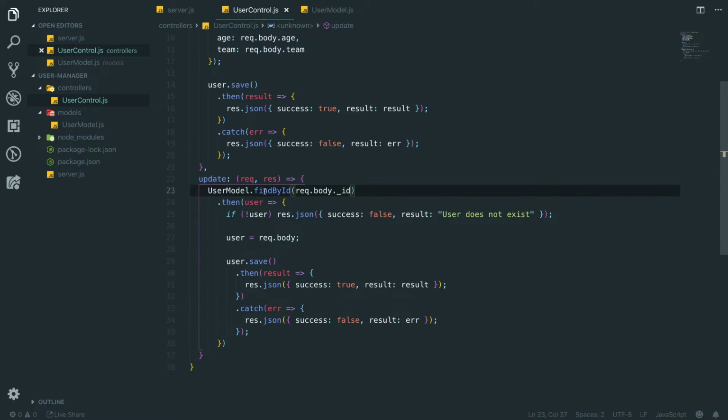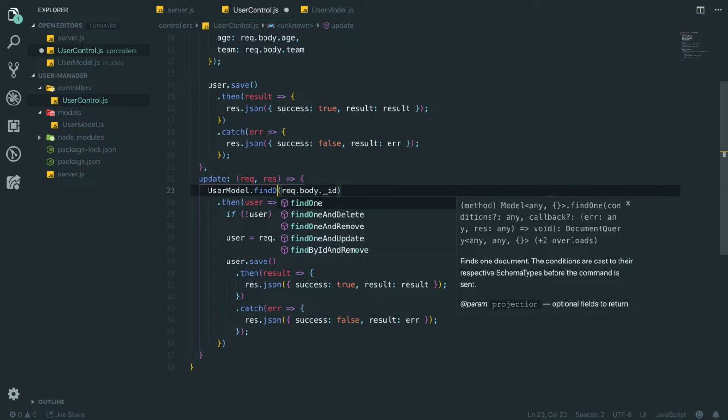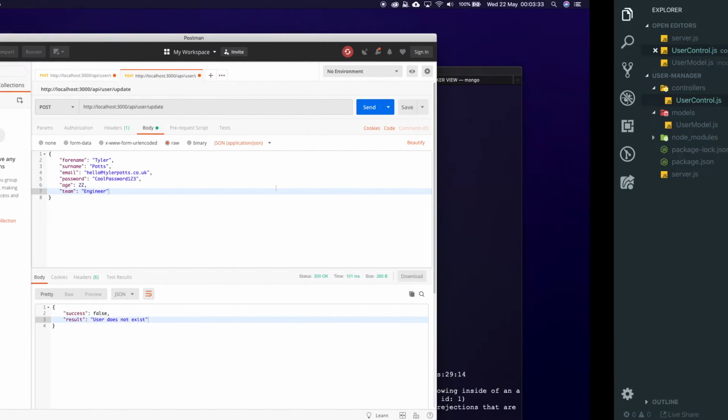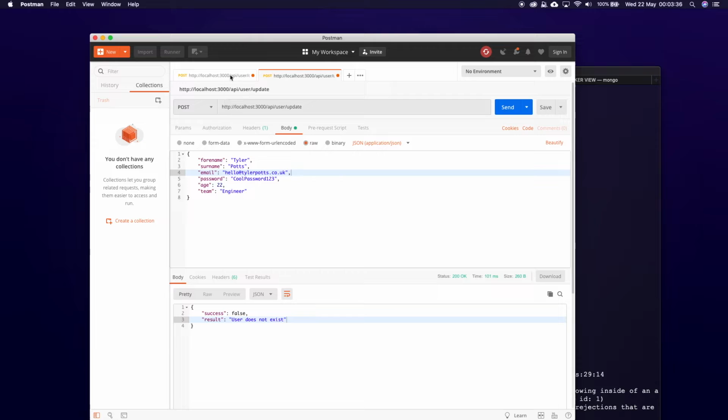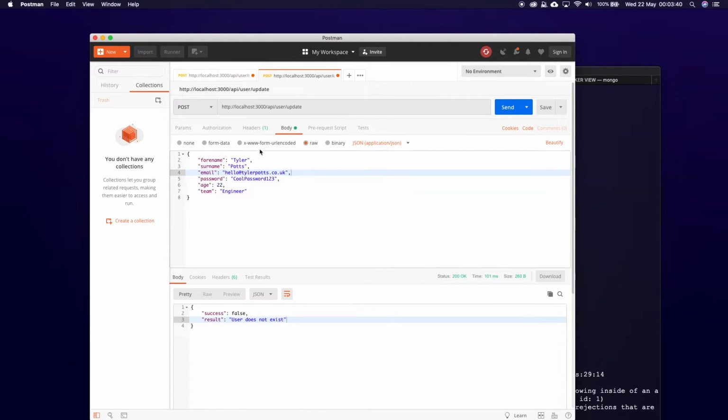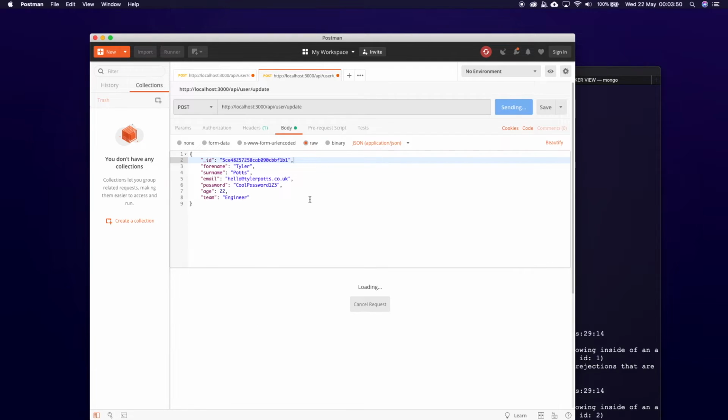But I think the find by ID failed us. So I'm actually going to do find one. And I'm going to say, oh, actually, the reason it failed is because we didn't pass back our ID. And normally you would have your ID if you're updating a user. And as you can see here, this is our ID. So let's copy this and paste it above our forename. There we go. But now we have our ID. So if you didn't have your ID, you would get user does not exist, which means that it's working. But now if we send,